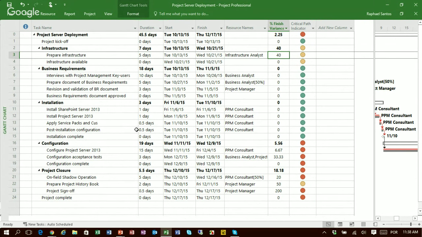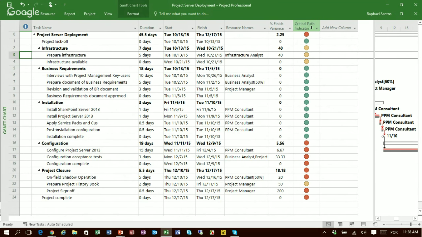I can see that even if this task does not affect my entire schedule, it has a great amount of variance. So 40% of variance is a pretty high number. I usually, myself personally, like to use the percent of variance information combined with my critical path